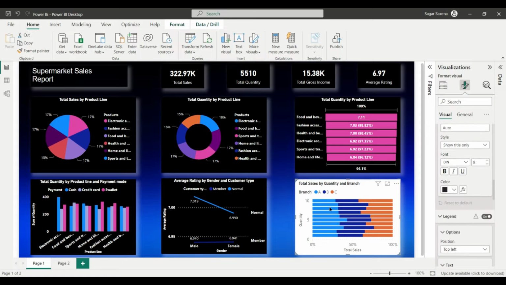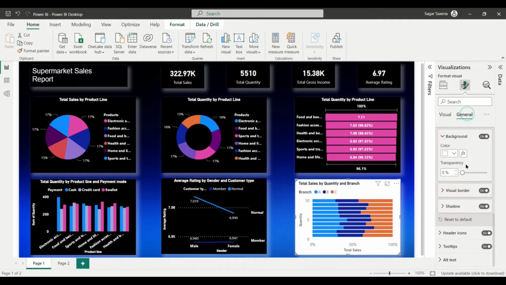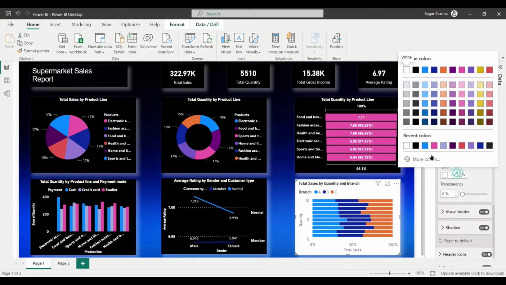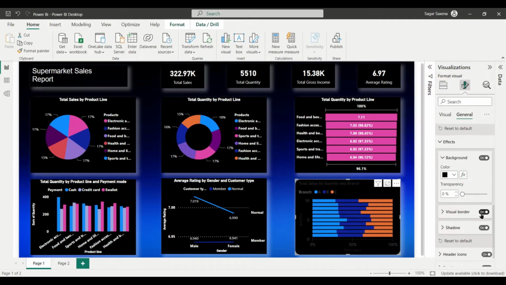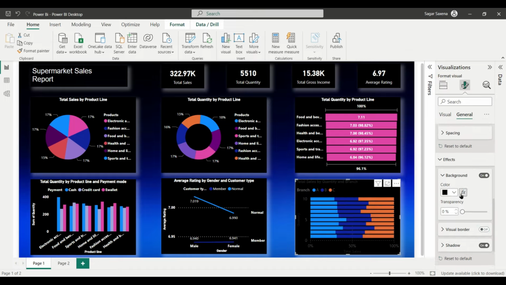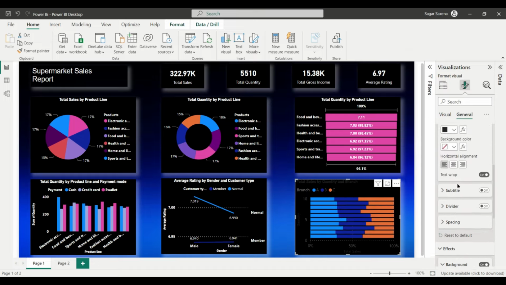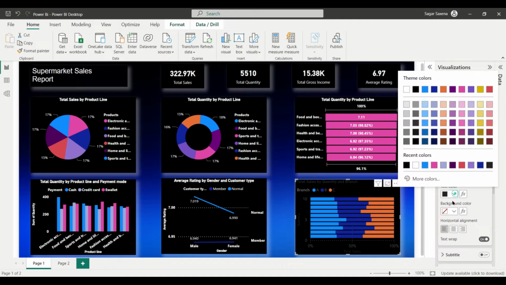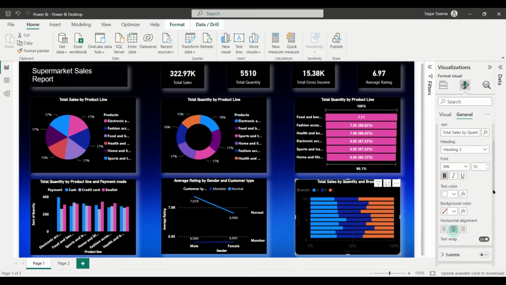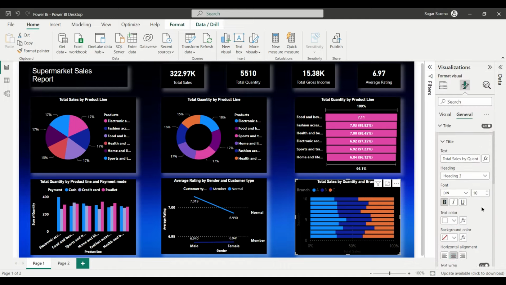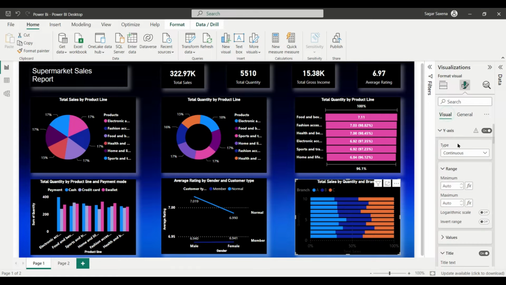Change this visual as well. Go to general settings. First change the background, make it of black color, visual border off, and go to title, change the title color to white, align it horizontally, and of 10 pixel. Then go to visual option. First go to